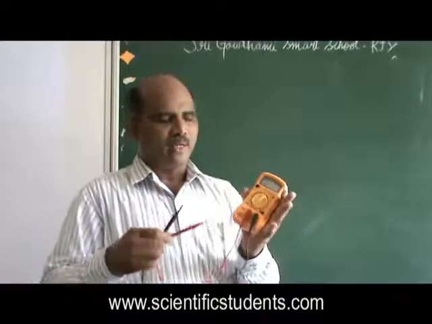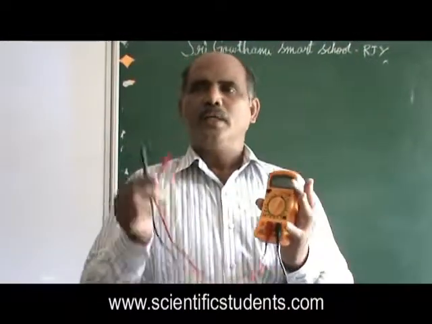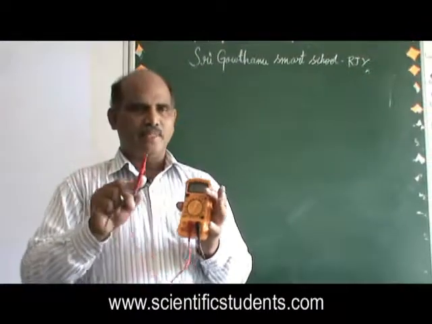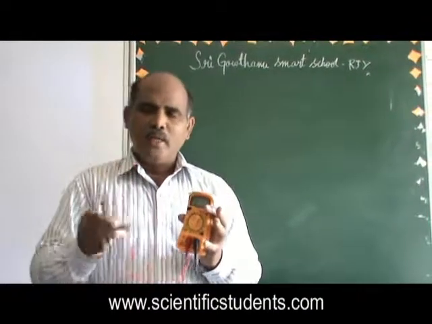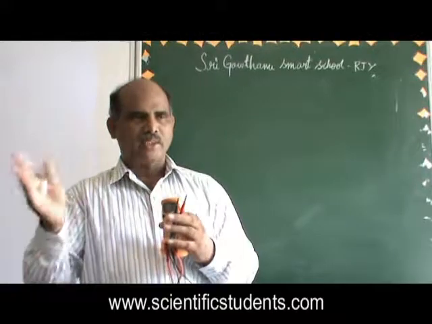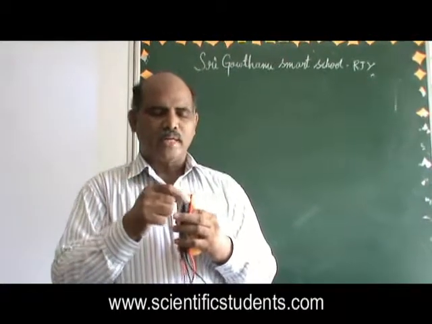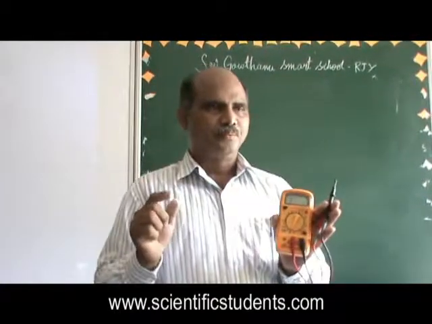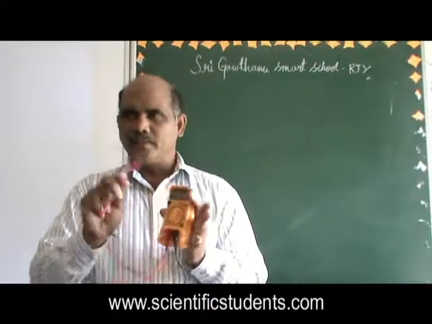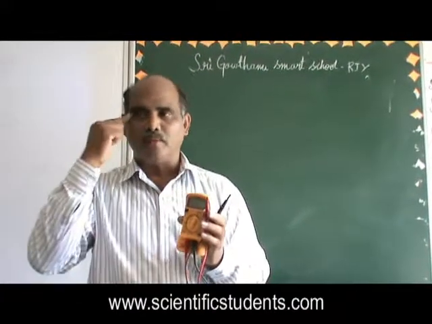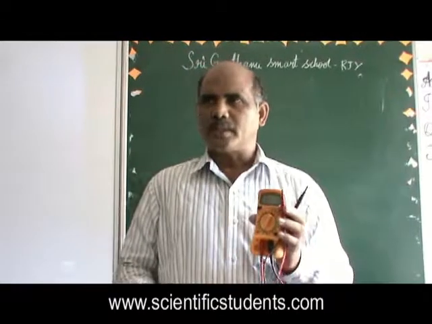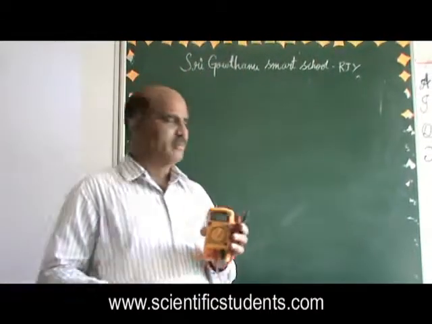So with this multimeter, you can check the forward and reverse bias condition of a diode. Only in one condition, positive on anode and negative on cathode, it must show the reading. If it shows a reading in reverse also, there is some problem in the diode: leaking or short circuiting. Okay, that is most important.